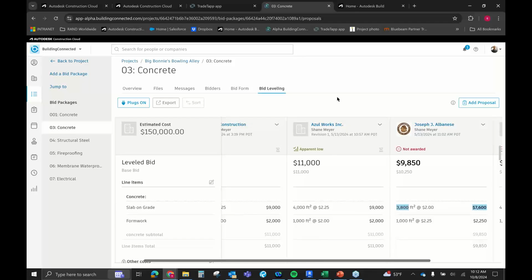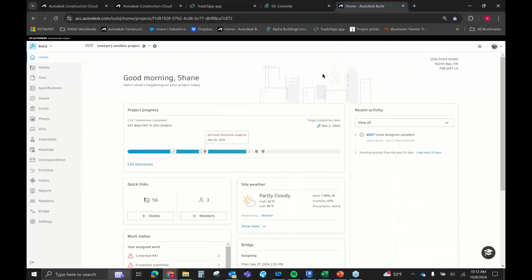Now, again, moving our way through the ACC, once we have our bidders and we know who we're working with on these projects, our next step is to get into Autodesk Build and Docs. I'm going to go ahead and click here into our home screen for Build. Build is where we will actually initiate these projects, and we will now be able to get the contact information from our awarded bidders and say,